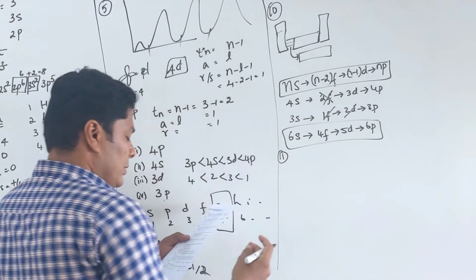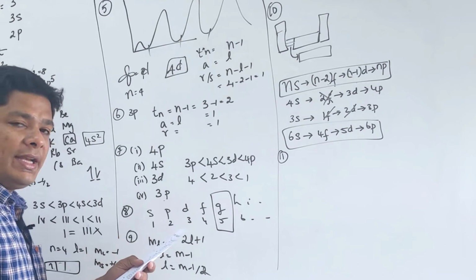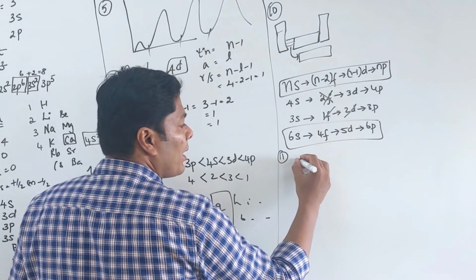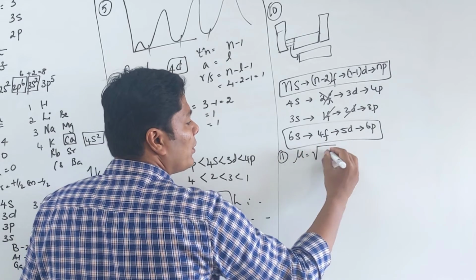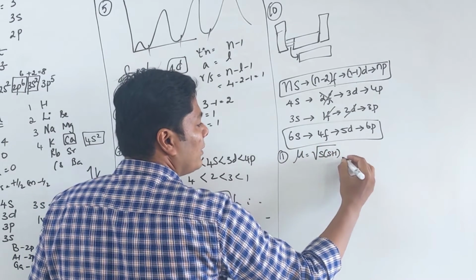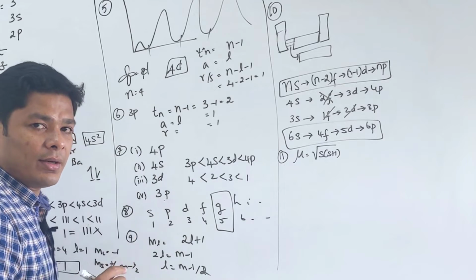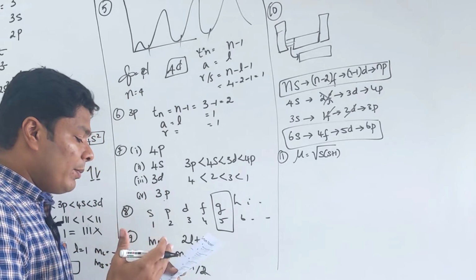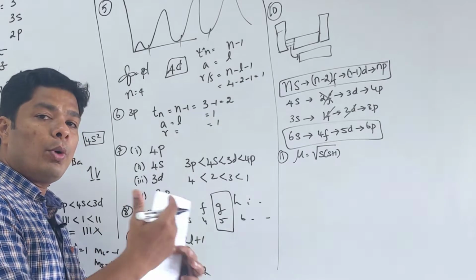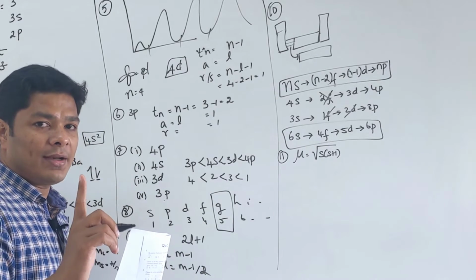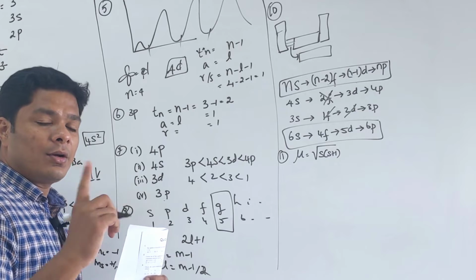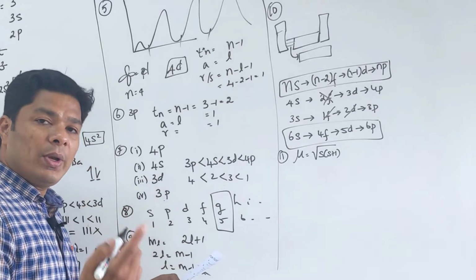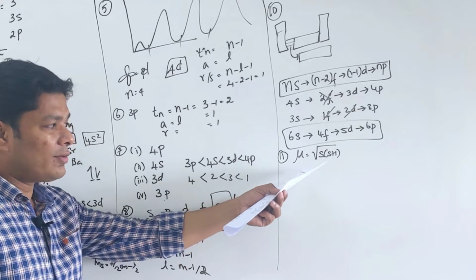Question 11. So we will see this more in detail. Actually I should have put this question later, but still we can do it. Magnetic moment is square root of s into s plus 1, where s is the spin, depending on how many unpaired electrons there are, but we will see this later. But at least what you want to know is, if the Bohr magneton value is 1 point something, there is a single electron, either spin up or spin down, an unpaired electron. 2 point something means 2 electrons, 3 point something means 3 electrons.